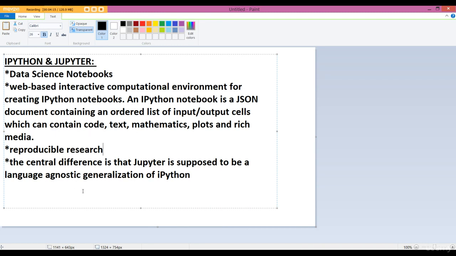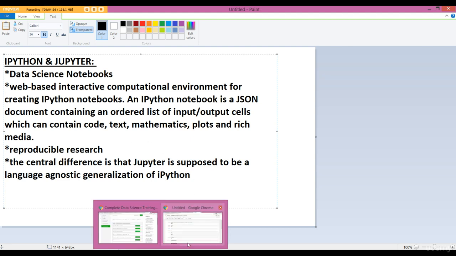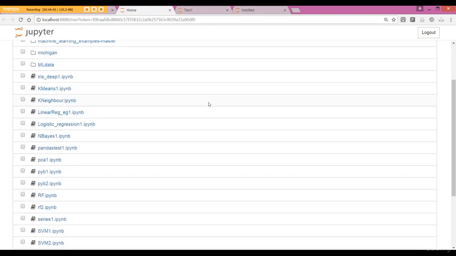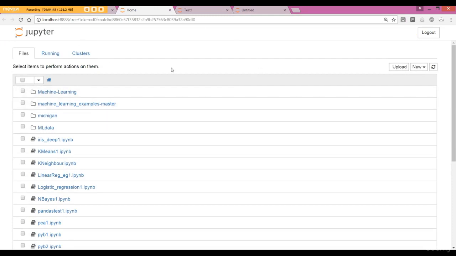The central difference between Jupyter and IPython is that Jupyter is language agnostic, whereas IPython is the interactive version of Python for data science, and Jupyter is a more generalized version. I'll just explain what I mean. If you recall, once we put in IPython notebook in the command line, this is where we come to. Essentially we come to within my working folder, and if we go here to New, I have the option